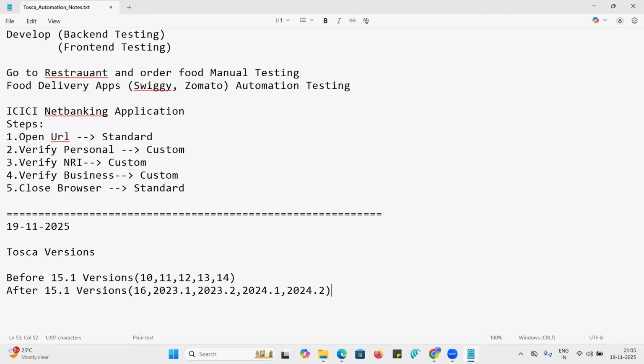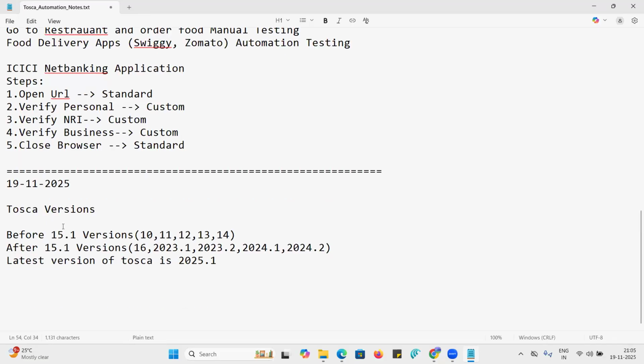The latest version in the market, the present version of Tosca, is 2025.1. So now if we categorize these things, before 15.1 versions, there are 10, 11, 12, 13,